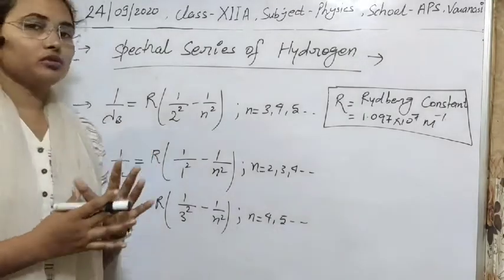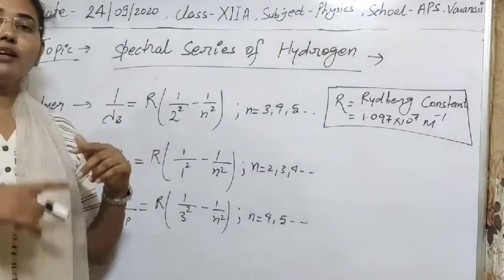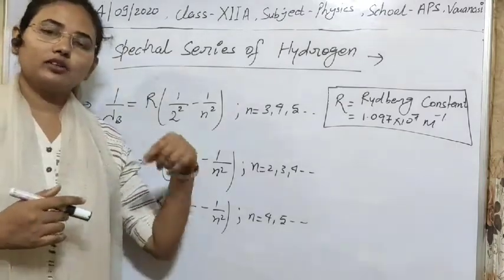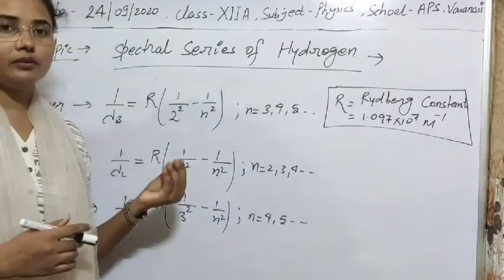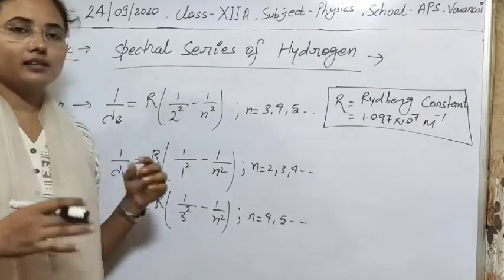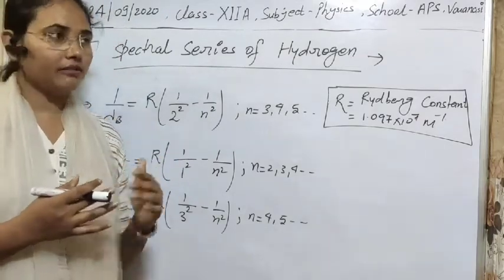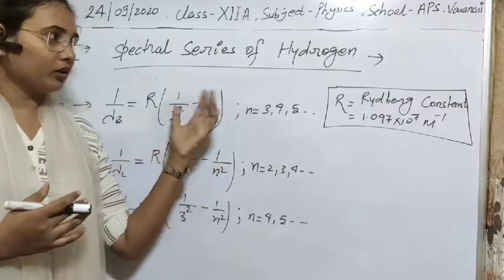Simple, you know that the simplest atom is hydrogen, in which we have one electron revolving around the nucleus. If one electron is revolving around the nucleus, we have less difficulty and more simplicity, as there are no other forces between electrons. I will tell you later what I am talking about.